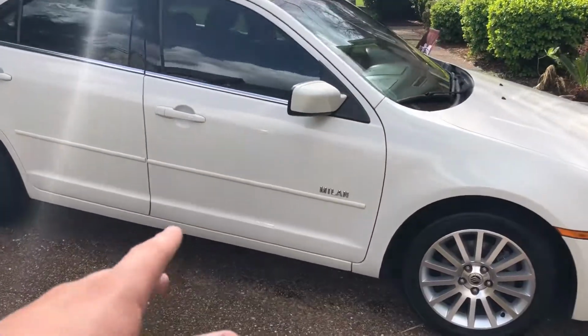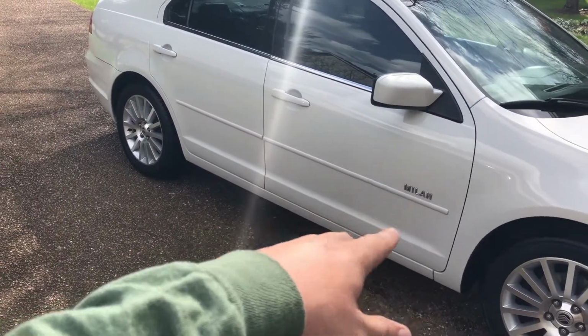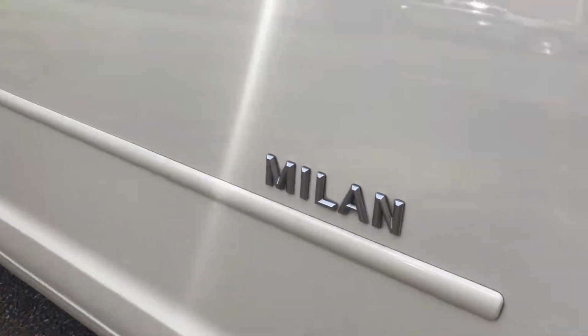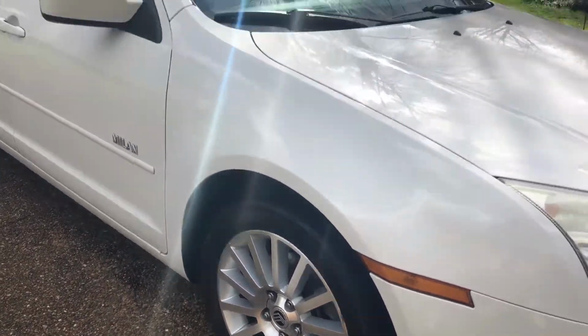I missed a couple spots, like in between the letters there. If you have a Milan or anything with words on the side, you'll know. So I had to get in there and kind of rub them down a little bit, as you can see. And then I had to hand clean the wheels because of all these spokes. But overall,